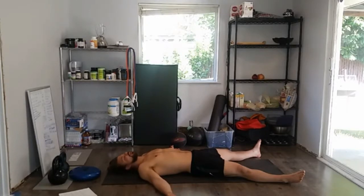So find a comfortable position here, and we're going to work that 4-2-4-2 breath count again, nice and slow. We'll just spend the last 2 minutes breathing in sync together here, and then we'll call it a day. Keep that spine nice and neutral. We'll start with our inhale. 1, 2, 3, 4, hold. 1, 2, exhale. 1, 2, 3, 4, hold. 1, 2, continuing on your own, inhaling,